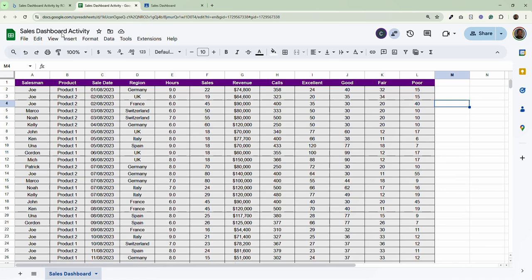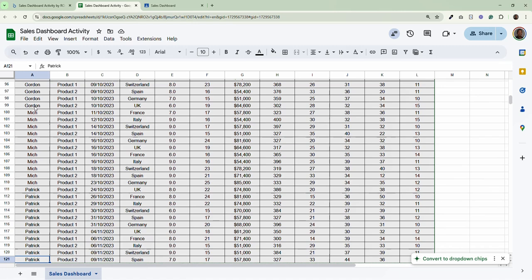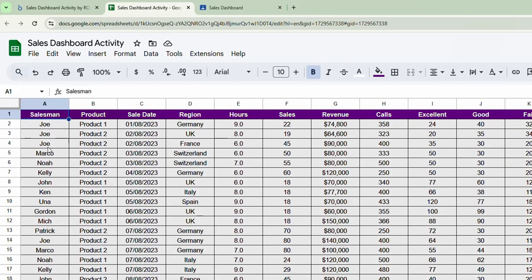So this is our sales dashboard activity. This dataset contains 120 records, realistic entries that simulate actual sales transactions. Here are the key fields. You will see in the spreadsheet we have the salesman, the name of the person responsible for the sale. We have the product, the item or service being sold, the sales date when the sale took place, region, the